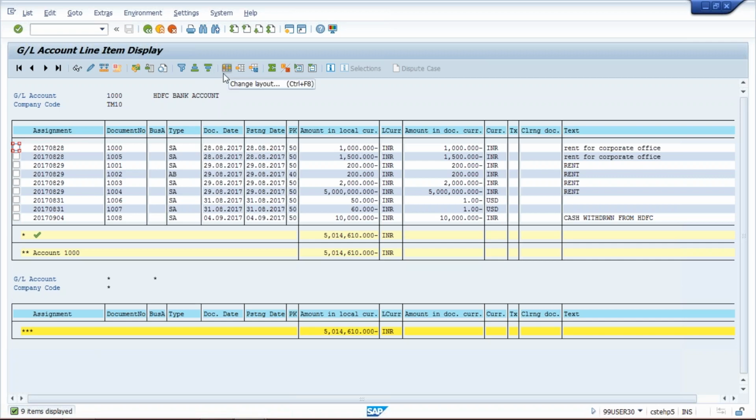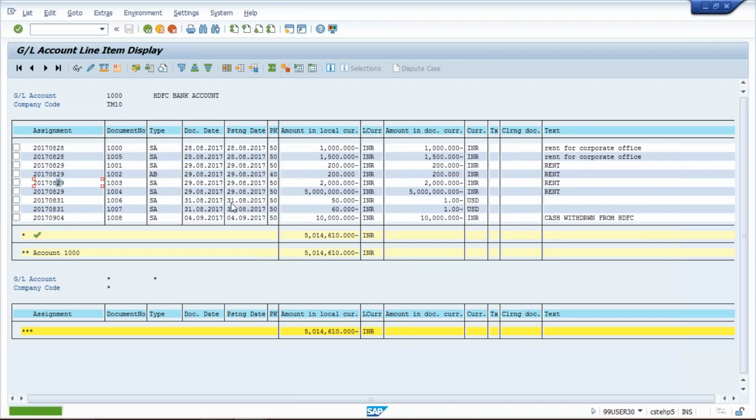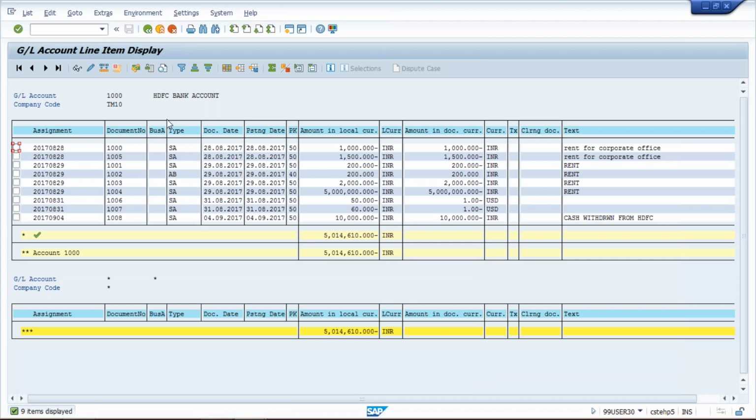So in that case, what will we have to do? Now here we are not going to change the layout. Simply you can click on select layout and double click on Kumar 1. Business area gone. Business area gone, but click on back button, click on execute, and every time it is temporary. If you want to remove this on a permanent basis, then what are we going to do? Since we have created our own layout,